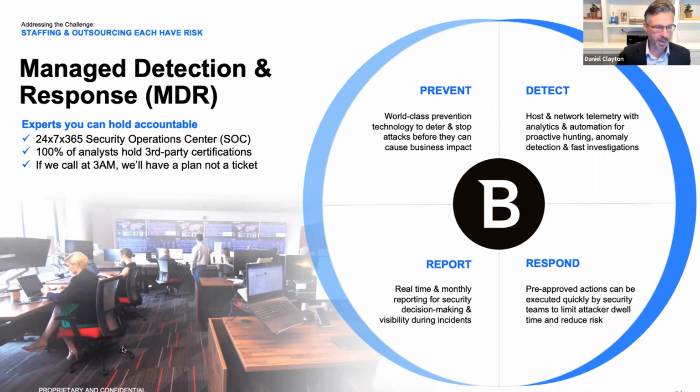Now, of course, there may be devices and servers that are business critical that companies don't want taken down. That's fine. That's very typical. We see that a lot. And it's really just a risk management proposition, a risk management conversation that we have to make sure that everything is understood. And then finally, we're providing real-time reporting as well as monthly strategic reporting and